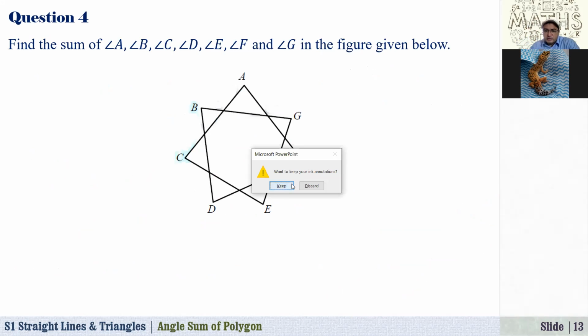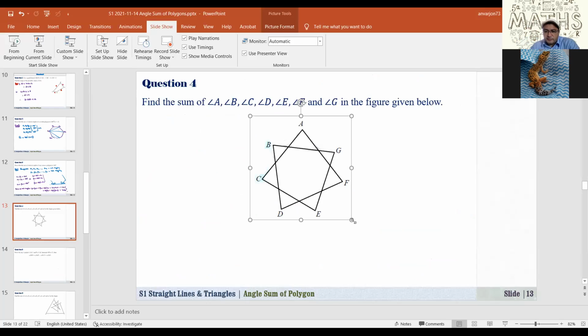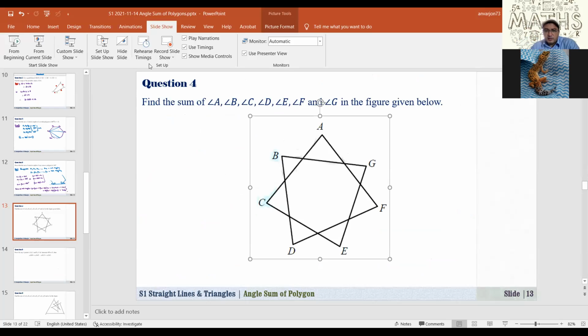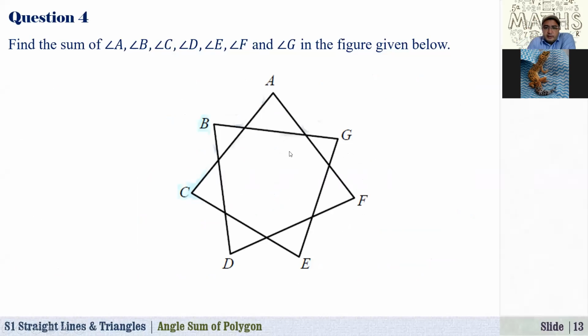Let me just zoom in a little bit or enlarge this figure so that I can put my letters in. So we have to find A, B, C, D, E, F, G, right? Let me just start from A. Okay, this A and B and C, and let's say here this angle is G,